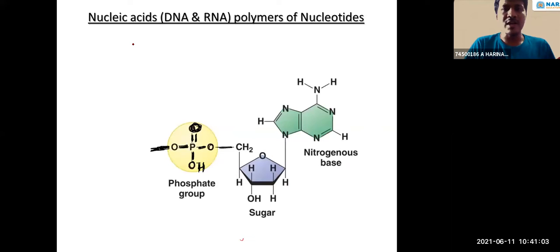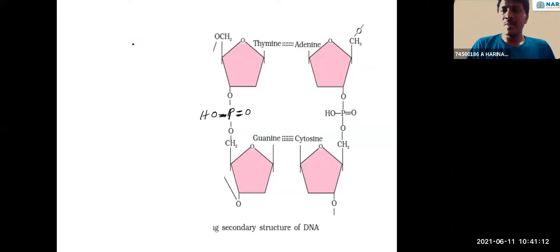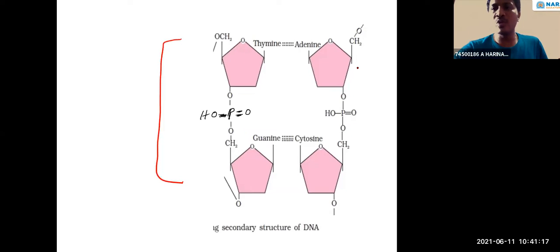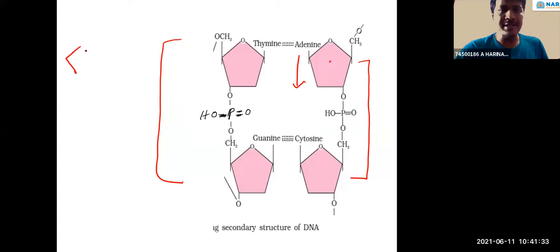So this and all we already discussed. This is nucleotide: nitrogen-based sugar plus phosphate. So this is a polynucleotide chain. This is one chain, this is one more chain. Actually, here they have given this one wrong. This chain is actually in an inverted position. It's anti-parallel, right? Each polynucleotide chain is anti-parallel.